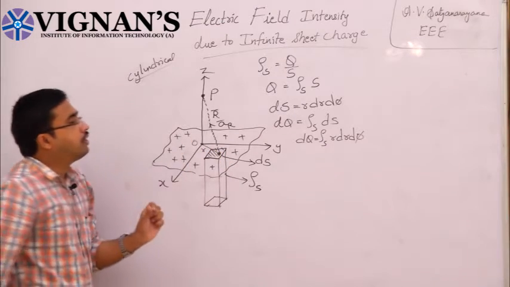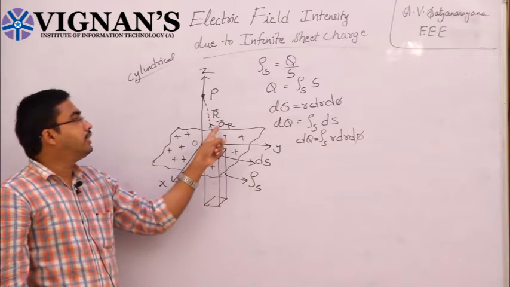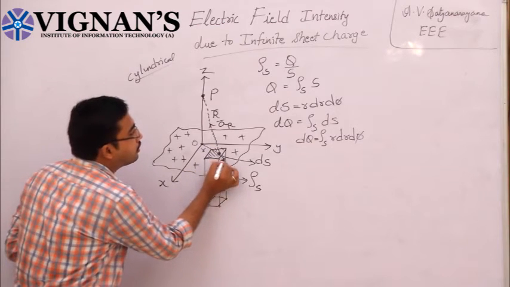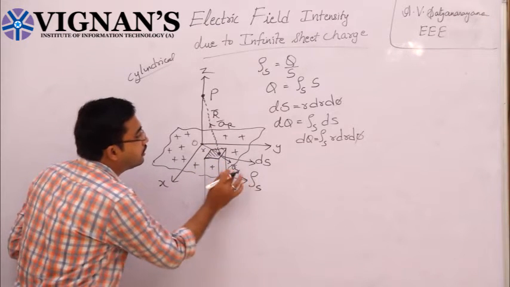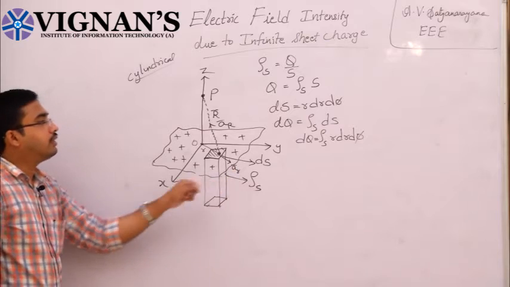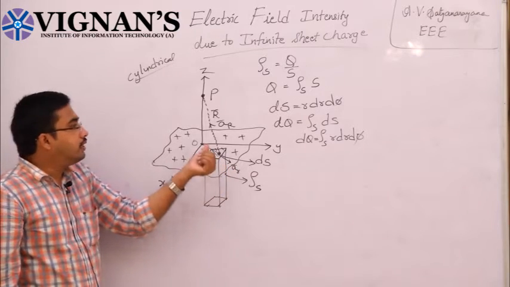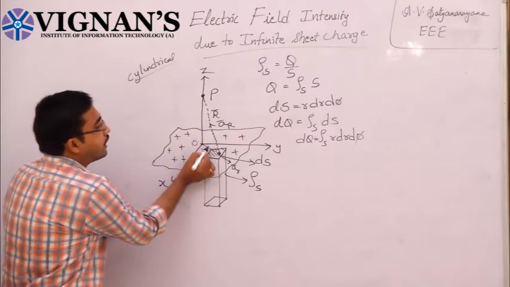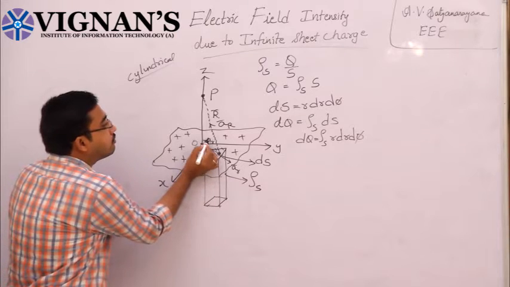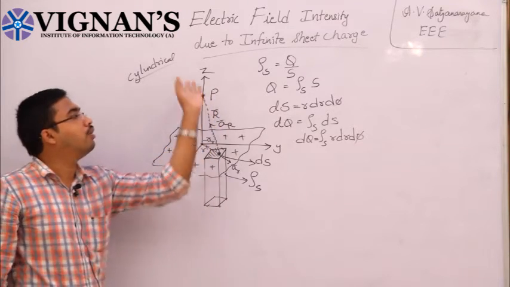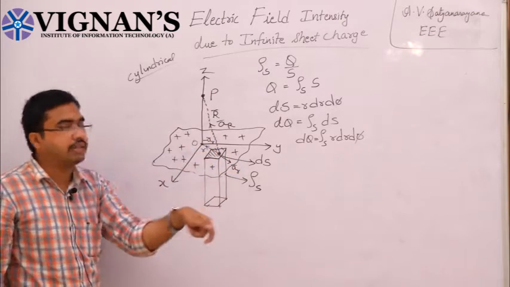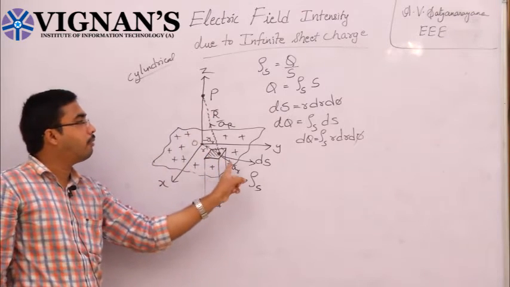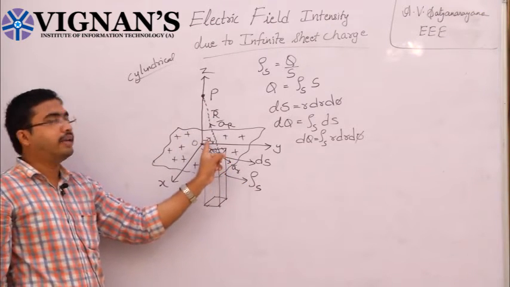Okay. Now we should mention the unit vectors. The unit vector in this direction is ar bar, and the unit vector which is perpendicular to the surface of the cylinder is a small r, ar bar. But you are taking the point P inside the cylinder, so you should consider minus ar bar. If you are considering a point somewhere outside the cylinder, your vector will be plus ar bar, but your point P is inside the cylinder, so you should take the opposite direction of this vector. It will be minus ar bar.